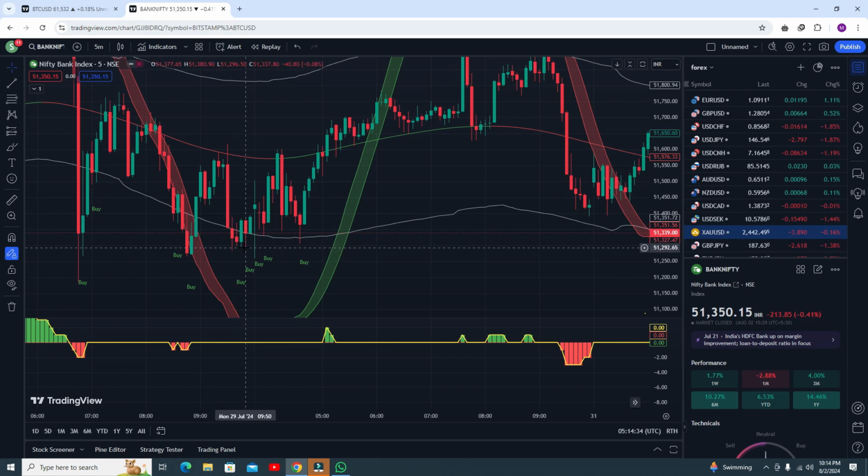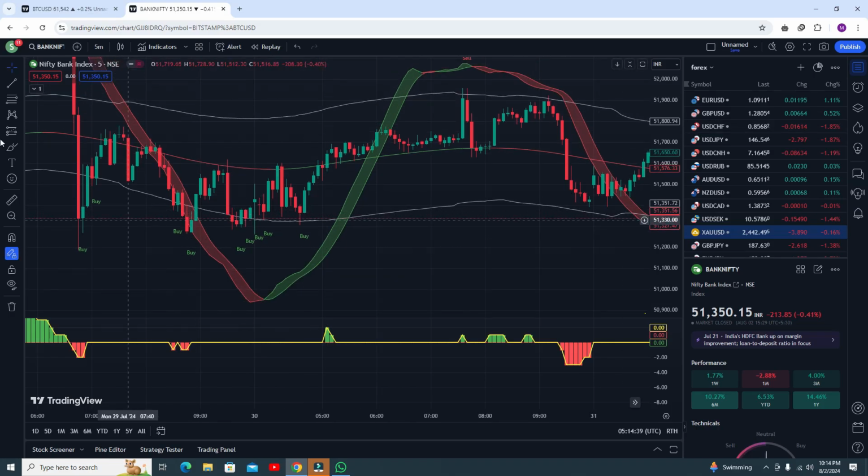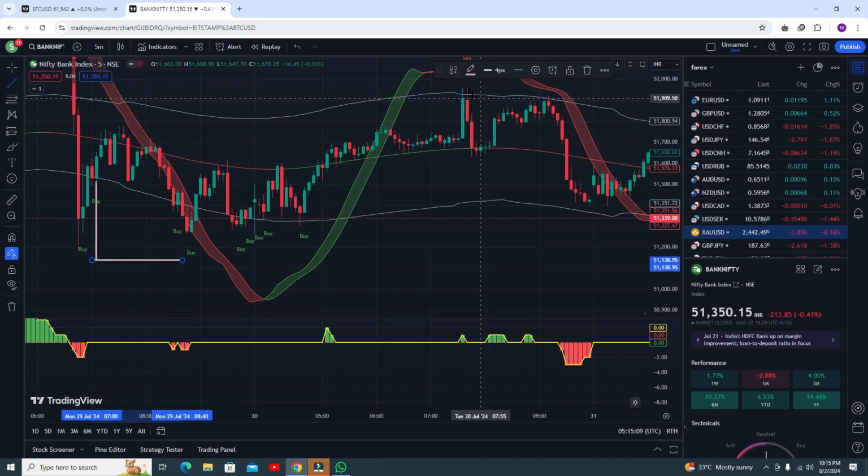And here, if you do not know how to put your stop, let me show you again. At this point you can see you are getting buy signals, so what you need to do is calculate the distance from this candle to this one point and put your stop loss, just drag and drop this line to where you got the buy signal from this point, and after that you need to put your stop loss here. Okay, this one is your stop loss and you need to book your profit here.